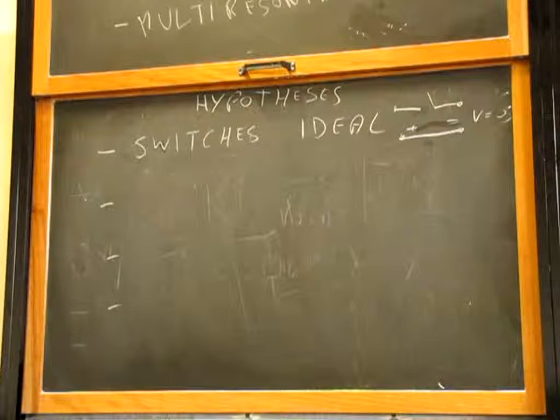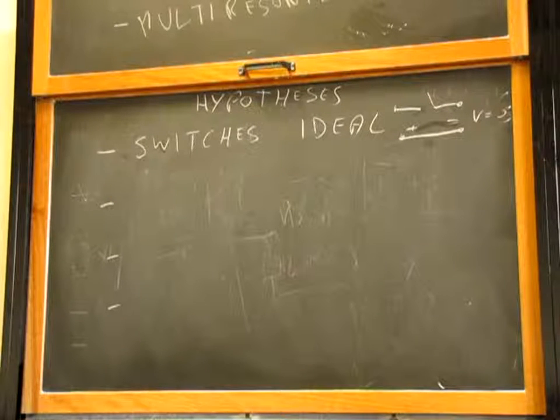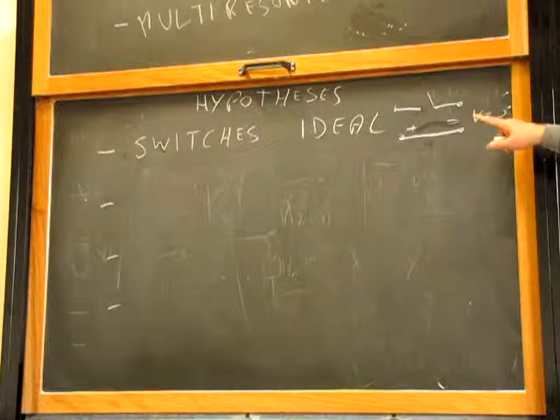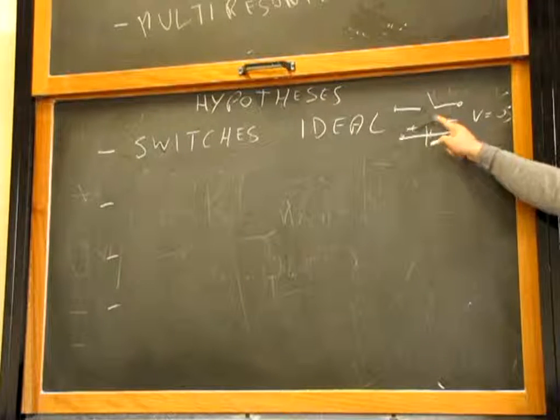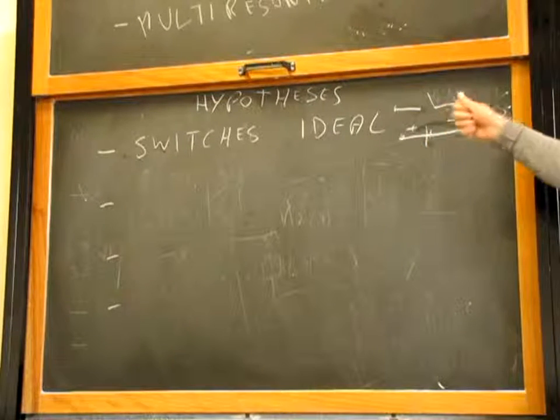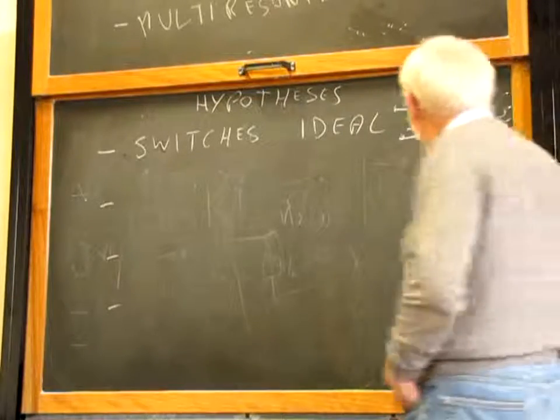This is not so true. When a switch is closed, there is some voltage drop across it. If it is a saturated bipolar transistor, it could be 1 volt. If it is an IGBT, it could be a couple of volts. If it is an MOS transistor, well, we can choose an MOS transistor to have a very small voltage drop, but there is some voltage drop. We have to consider it. We will consider it later on. By now, ideal switches. If you want to add a real switch, that means we add a voltage drop across the closed switch, we can do it, it's very easy. But the very first analysis will be without